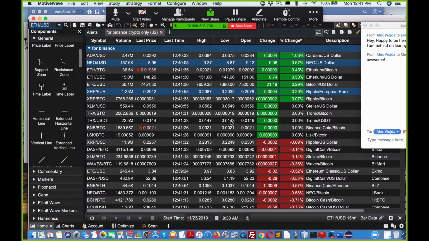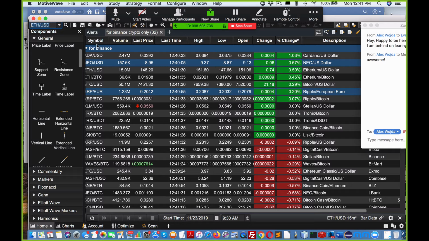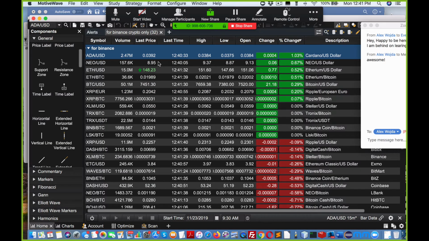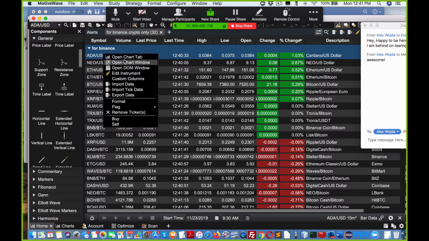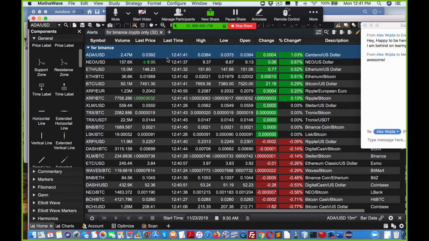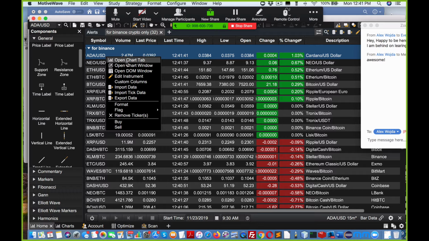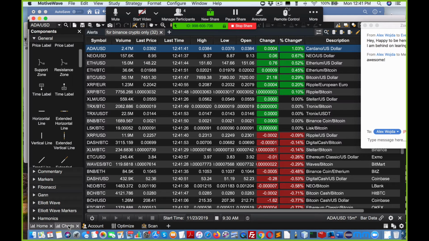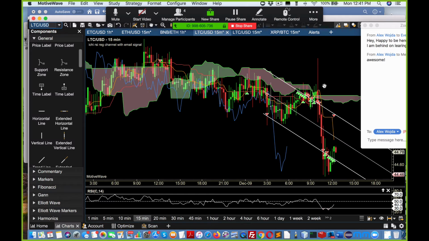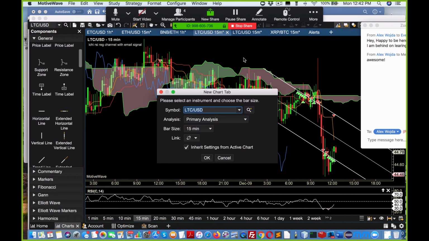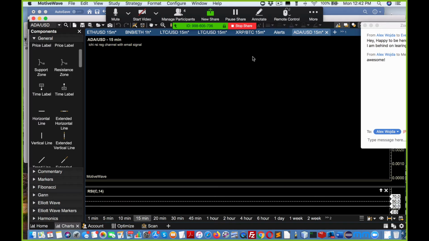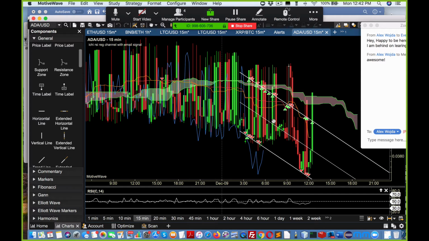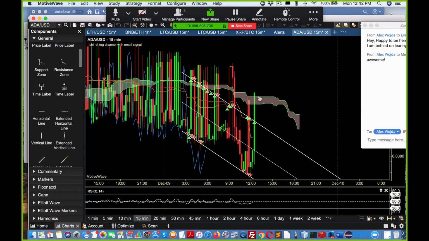This is really extreme. We're just starting to see Cardano take off here. Now, just to show you how easy it is to generate, let me see if I can open a chart here. So that's ADA against the USD. So if I open a chart here, and this is MotiveWave, here we have this massive bar which we missed, and you're gonna miss these because I